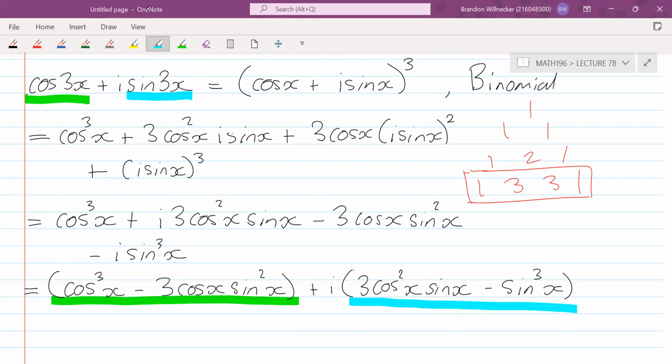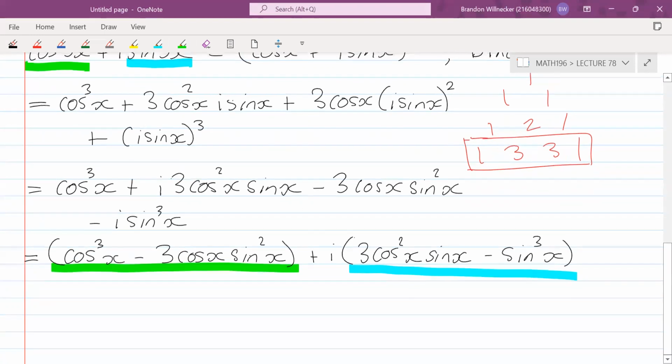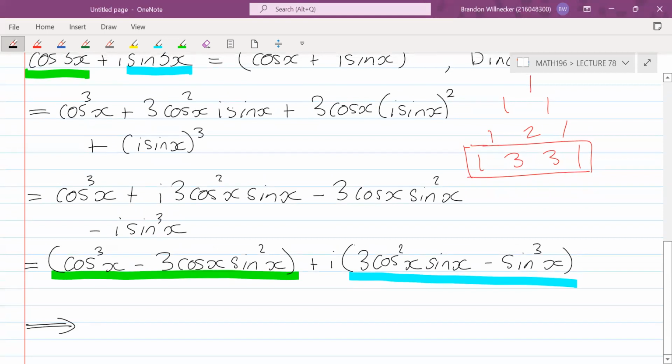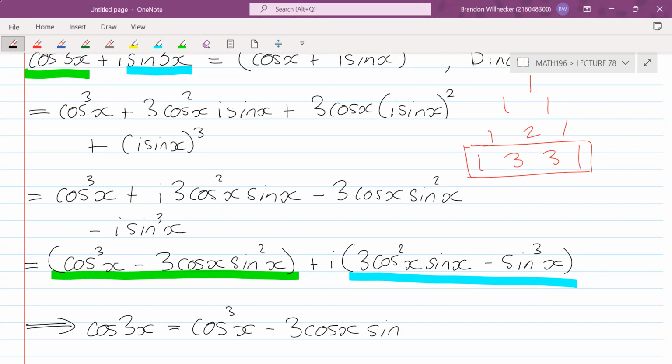Because remember, if two complex numbers are equal, then the real parts are equal and the imaginary parts are equal. So from this, we get that cos 3x is equal to cos cubed x minus 3 cos x sine squared x. Okay, we're not looking for that, but we do get it for free,